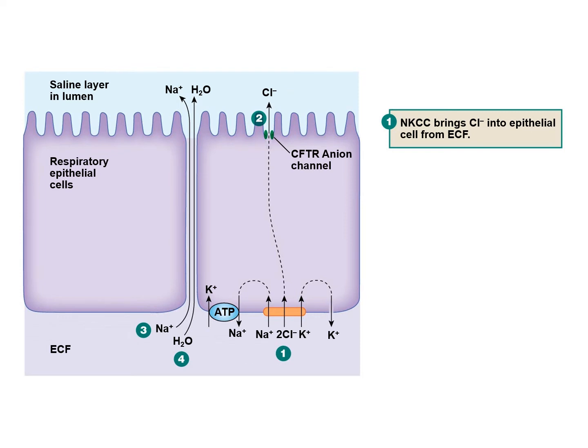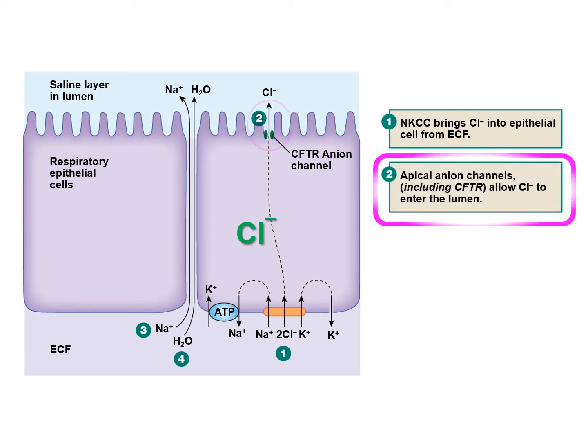And how we do that is we actually move chloride out of the blood plasma into the epithelial cells that line the pulmonary airways. And so you bring chloride in through a secondary active transport process, and so chloride concentrations build up, and then we allow that chloride to move down its concentration gradients with these channels.